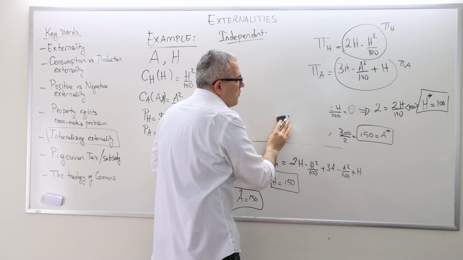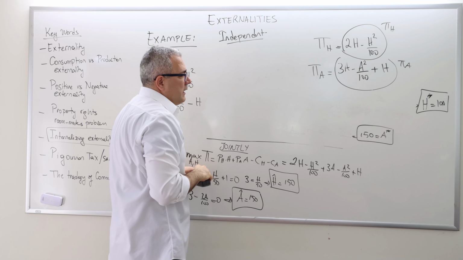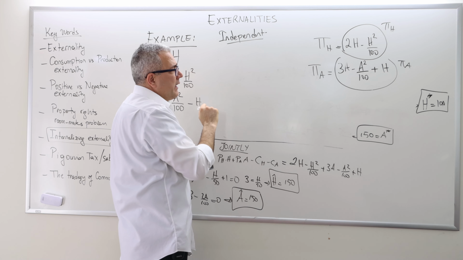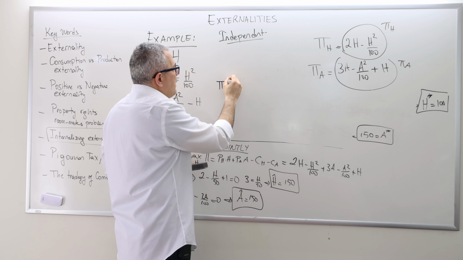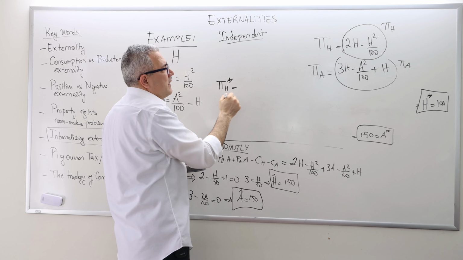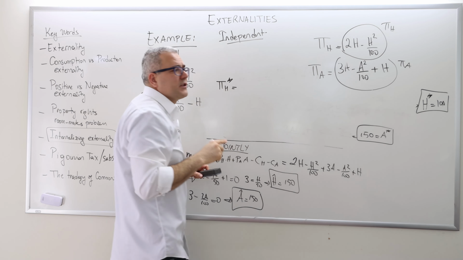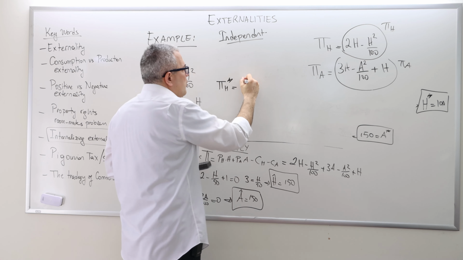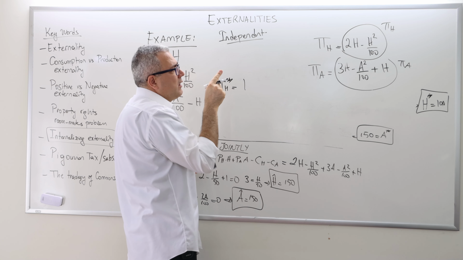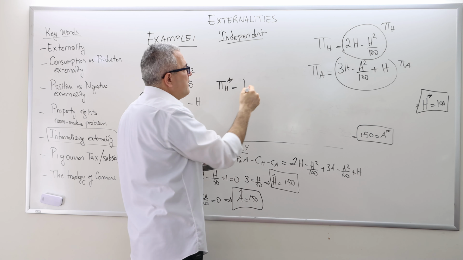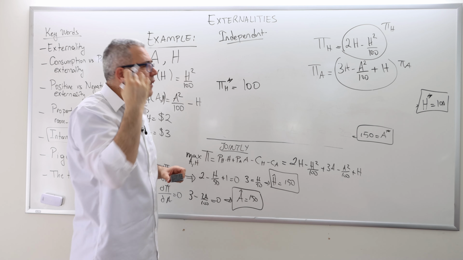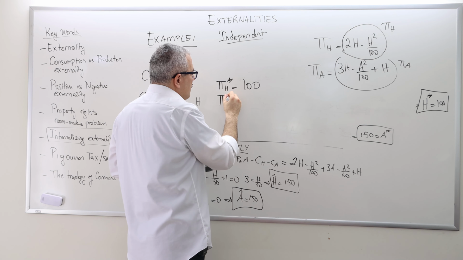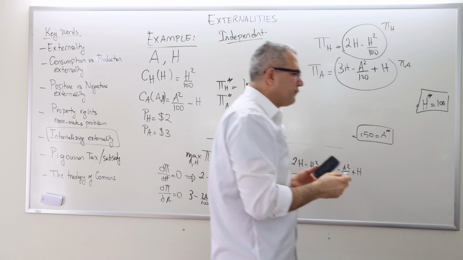And then, I already know that the apple producer is going to produce 150 apples and 100 honey. So therefore, the honey producer's profit is going to be 2 times 100 minus 100 squared divided by 100. So it's going to be 200 minus 100. So 100 is going to be the profit of the honey producer, and the profit of the apple producer is going to be,